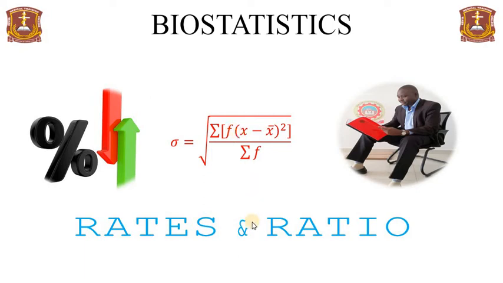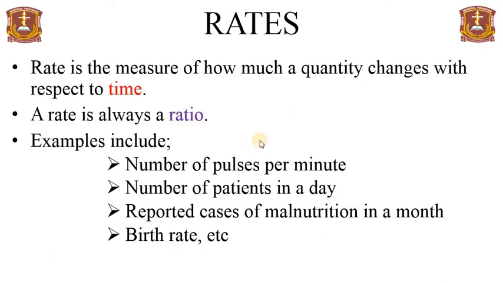Our study now is on rates and ratio. We want to begin with the study of rates and then get to ratio. So rate is actually the measure of how much a quantity changes with respect to time. A rate is always a ratio, and this may include the number of pulses per minute, that's a rate, number